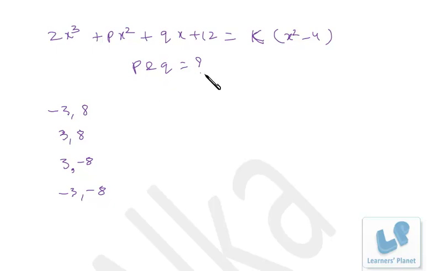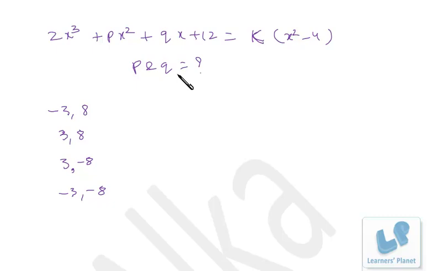To attempt this question, friends, there are two ways. One of the ways is, see, x square minus 4 is a factor of this. That means if you put x equal to 2 or minus 2, the value of this expression will be 0. So you'll get two equations. If you put x as 2 and x as minus 2, then you can solve them by the simultaneous equation method, and you can get the values of p and q. So that's the simple method.